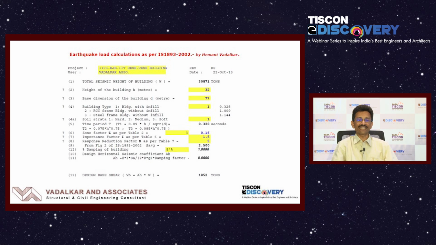One is called the equivalent static approach, wherein we convert the actual earthquake force as per the code provision into equivalent static force and apply it. Really we are just using a very small fraction of the force. The actual force is very high, but we are taking maybe 1/10 of it for the design of the structure, but at least we should do that. That is the intention of the code.